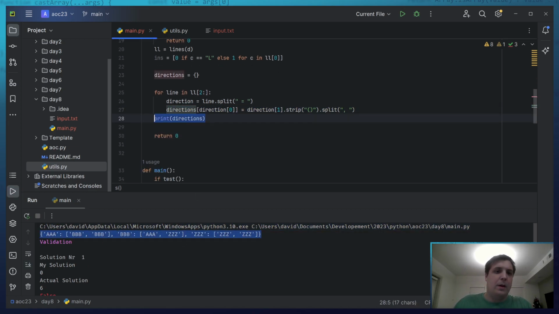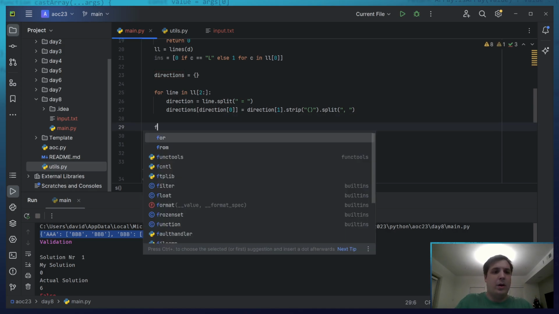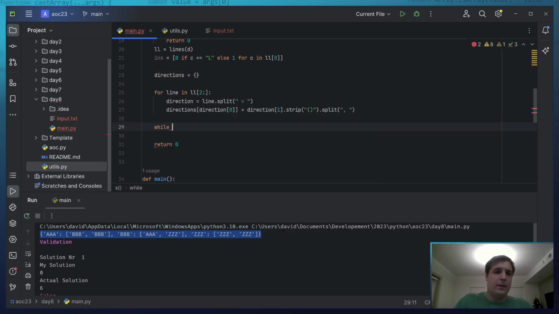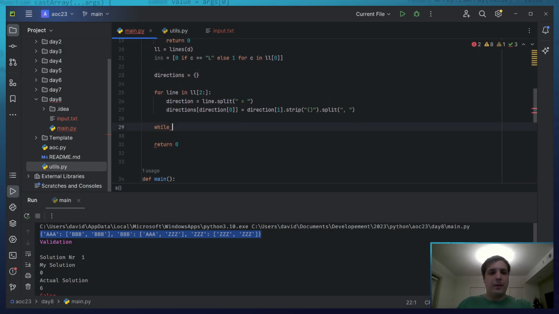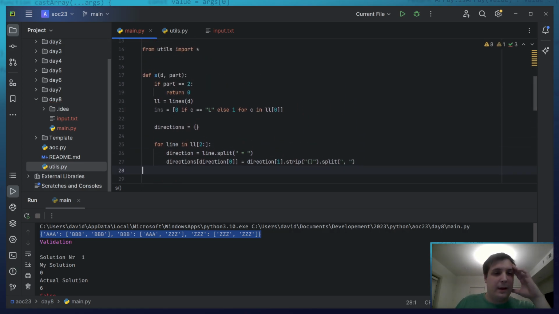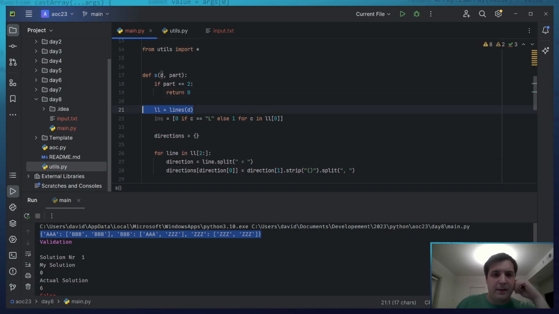Okay. And now we go while. So current. Okay, so let me explain. I know I've kind of fumbled through this a tiny bit. I am going through my lines, and then I'm really quickly parsing my instructions. I'm going through the first line, and I define it as each character.